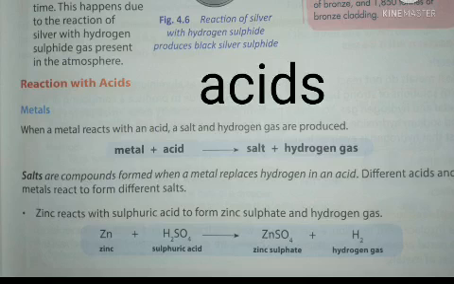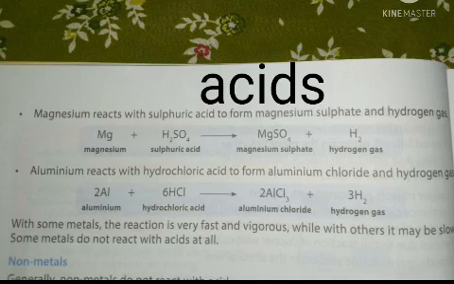For example, zinc reacts with sulfuric acid to form zinc sulfate and hydrogen gas. Zn, which is zinc, plus H2SO4, which is sulfuric acid, arrow zinc sulfate, that is ZnSO4, plus H2, that is hydrogen gas. This is a balanced chemical equation. Another equation: magnesium reacts with sulfuric acid to form magnesium sulfate and hydrogen gas. For example, Mg, that is magnesium, plus H2SO4, that is sulfuric acid, arrow MgSO4, that is magnesium sulfate, plus H2,